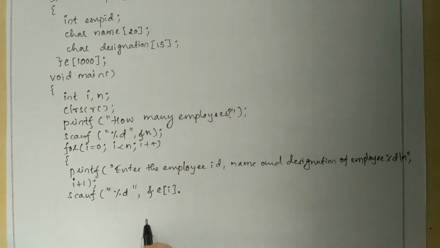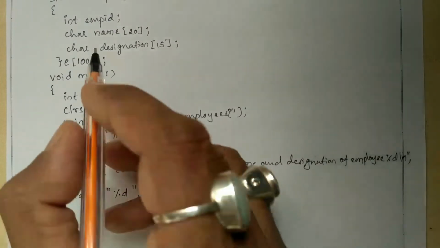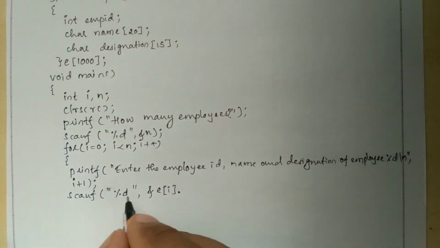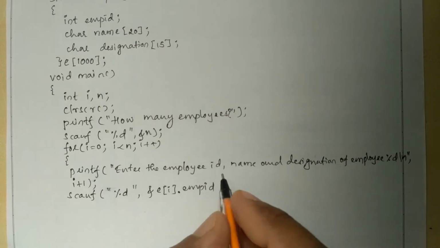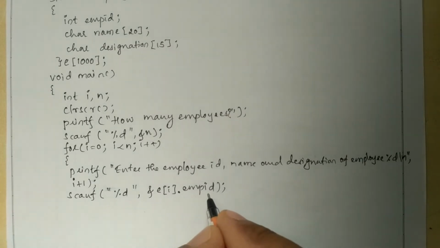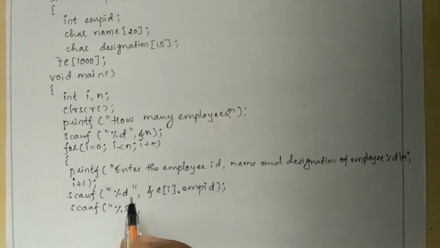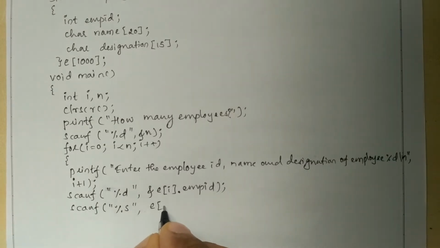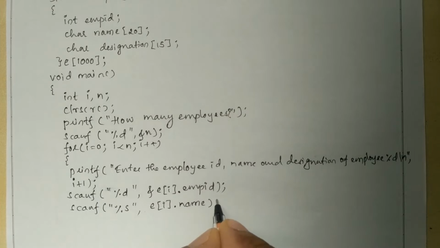So dot is a member access operator which is used to access the members of the structure definition. So here emp id is of type integer, hence we are using %d format specifier. Next, I'm going to write the name of the member, emp id, closing brace, and put semicolon. Similarly, I'm going to receive the next structure member, that is name. Name is of char type, hence we have to write %s format specifier, because %s represents a string type of data. Then I'm going to write e of i dot member name is name, closing brace, and put